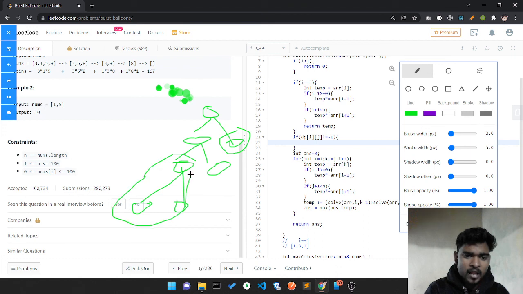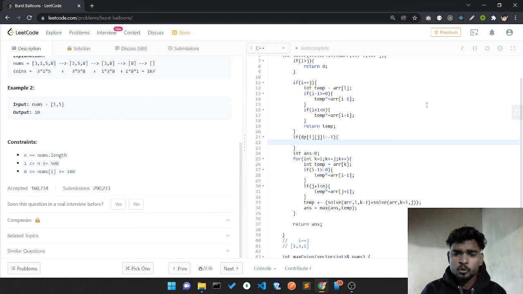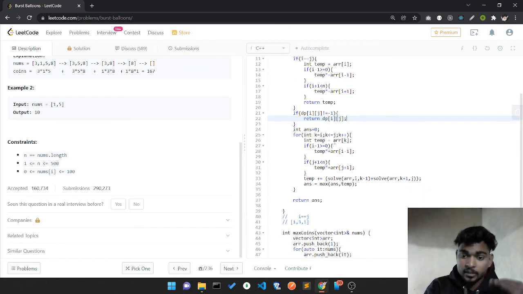So why would I do the same work again and again? To avoid that, I'm going to store it in matrix form. If in the dp it's not equal to -1, then I've already done this work, so I'm not going to solve this problem again. I'll just return dp of i of j from here, for reducing repetitive work.